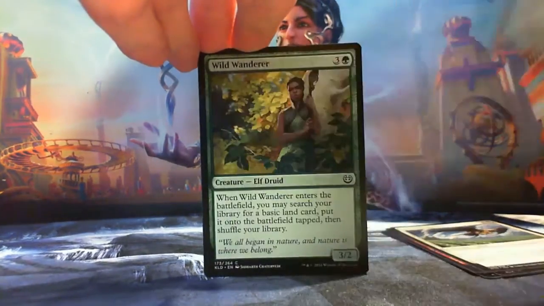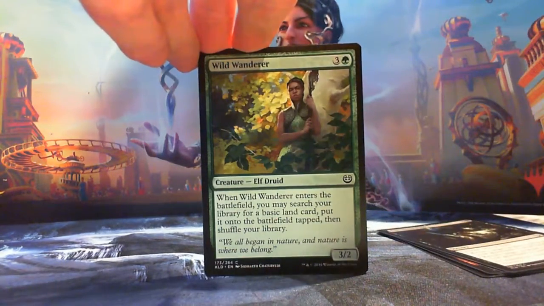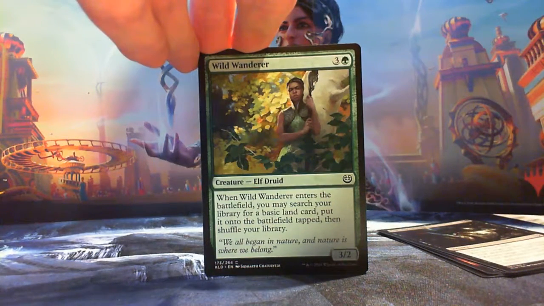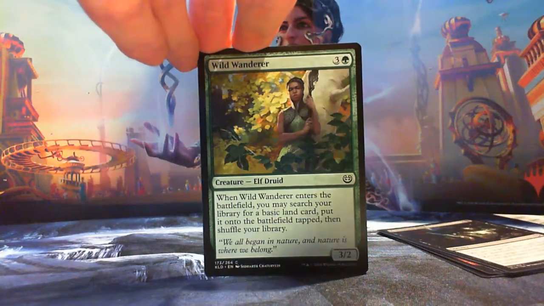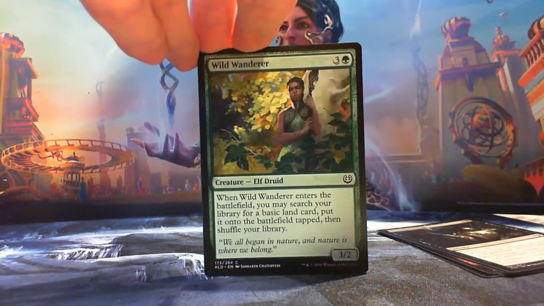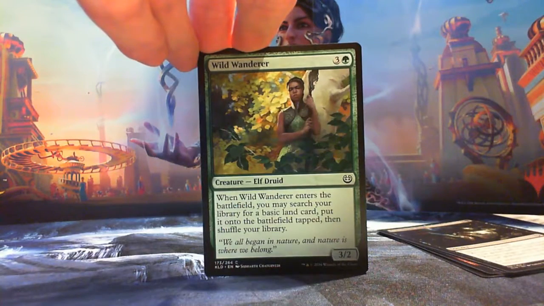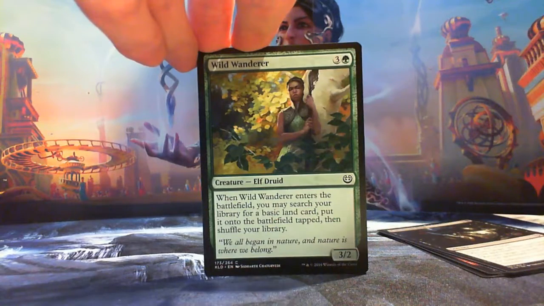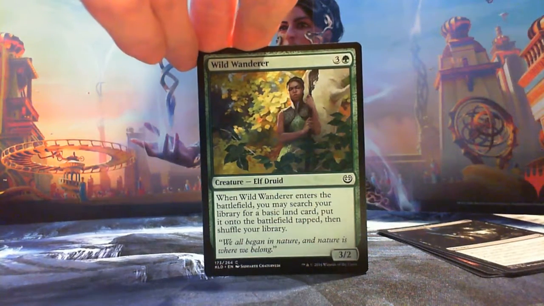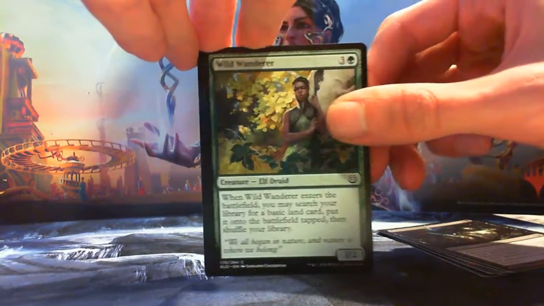Anyway, moving on. Wild Wanderer. 3 and a green for a 3/2 Elf Druid. When it enters the battlefield, you may search your library for a basic land card, put it onto the battlefield tapped, then shuffle your library. It helps ramp, it helps fix. It's a 3/2. That's not a terrible body. For 4 mana, you could probably do better, but this does get you closer to being able to cast a Gear Hulk or something bigger. But yeah, this card's fine. I don't mind this card. It is only a basic land, but hey, they can't all be prime time. Next up though,